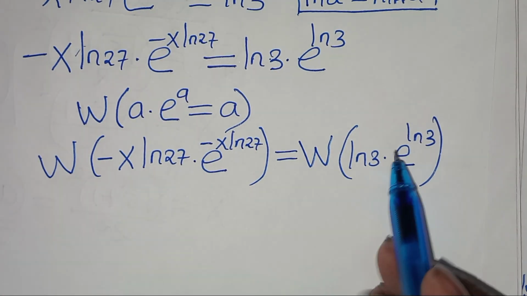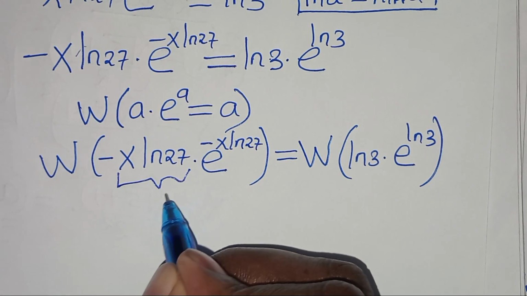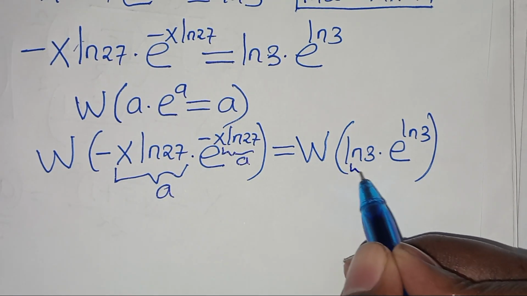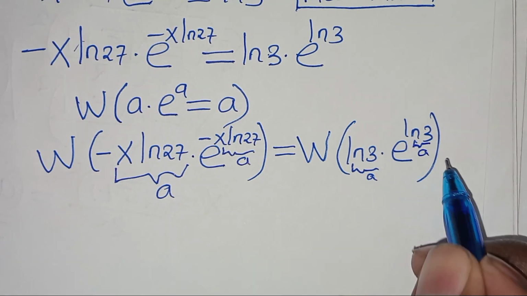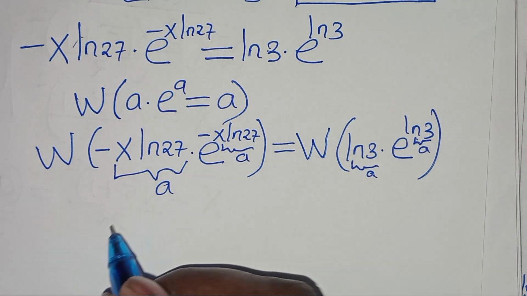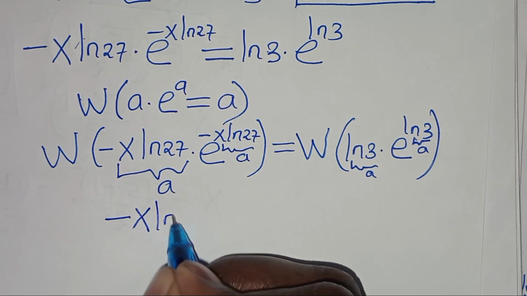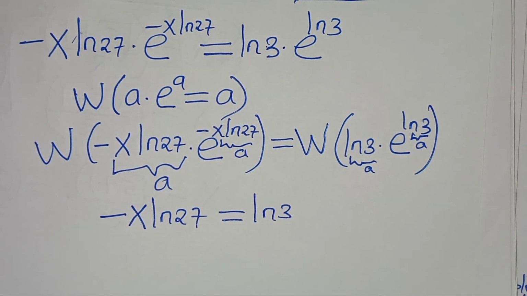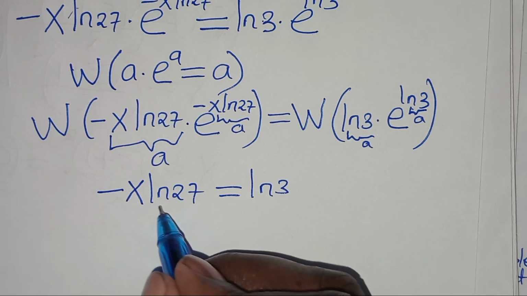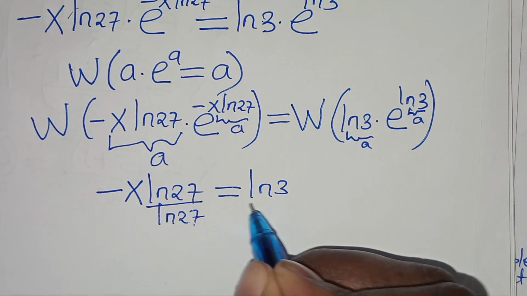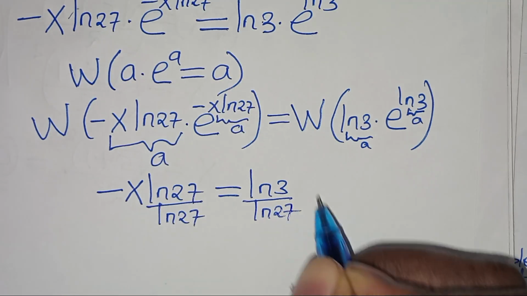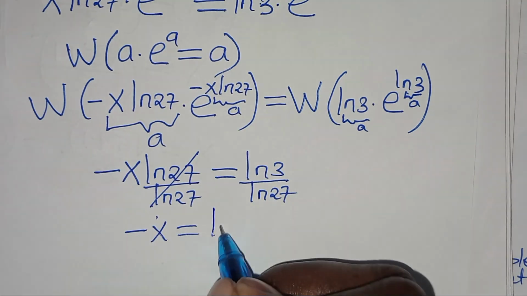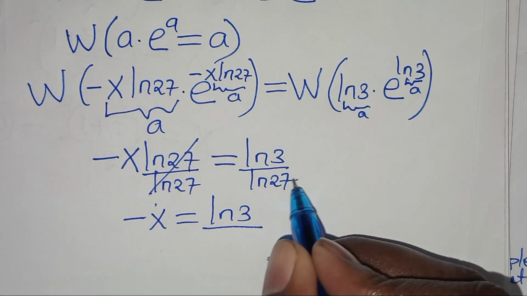Now, applying this property, this particular part here is the same thing as a, and this particular part is the same thing as a. So we can equate this part. So we have minus x ln of 27. This is equal to ln of 3. So let's divide both sides by ln of 27. So let's simplify here, so that minus x is equal to ln of 3 over ln of 27